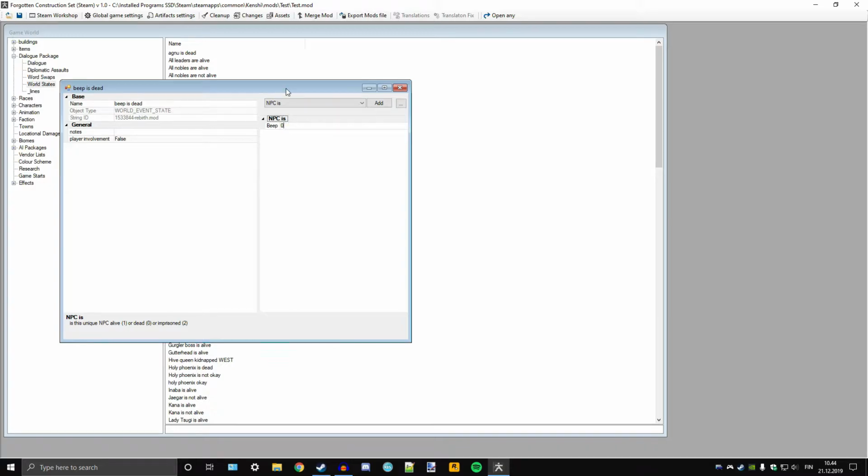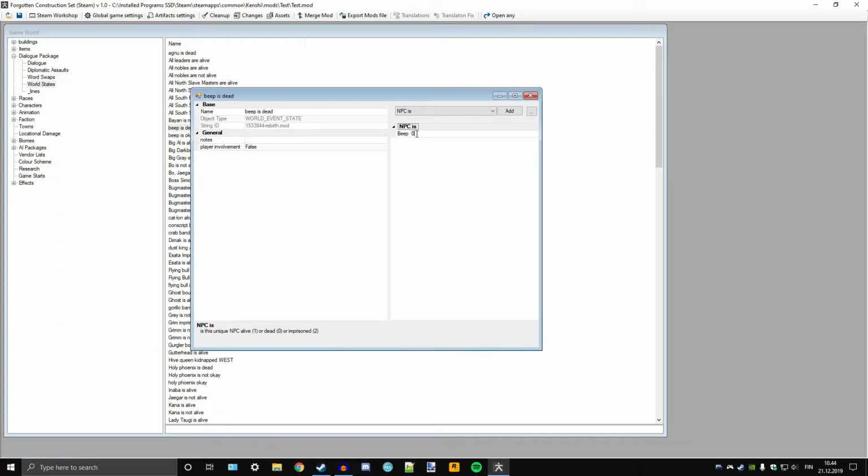In many cases, for example here, the value of this number is either 1 or 0, and actually, yeah, there you go. There's 3 values: 1 is alive, 0 is dead, and 2 is imprisoned. And there's a lot of different values for different things, but it is, again, very self-explanatory, but it's good to note at this point that